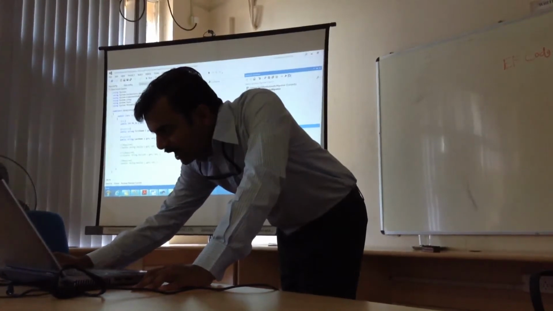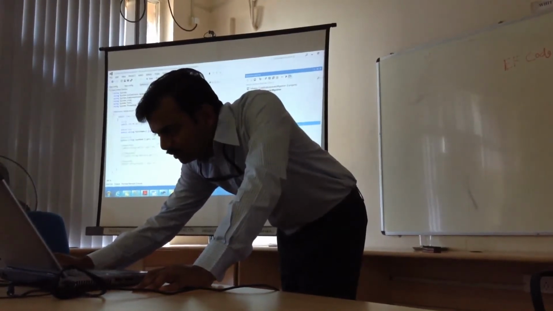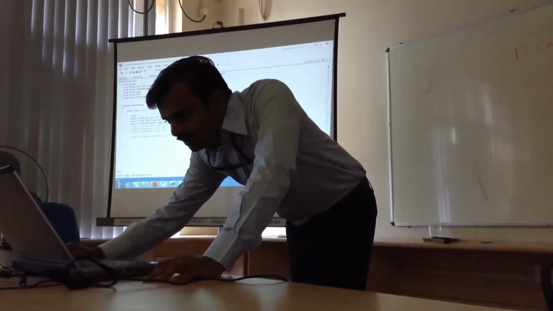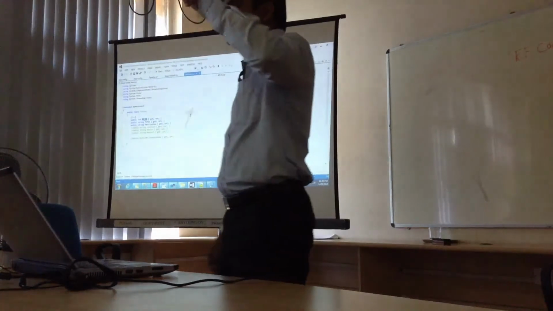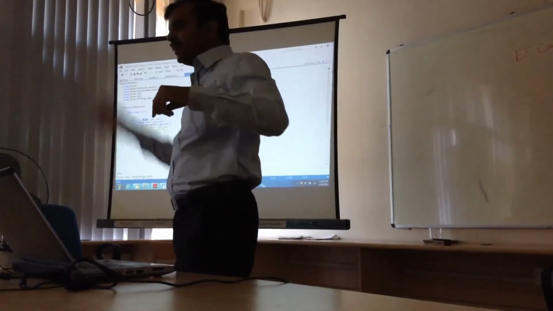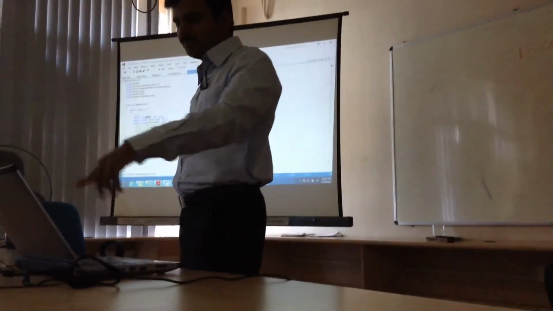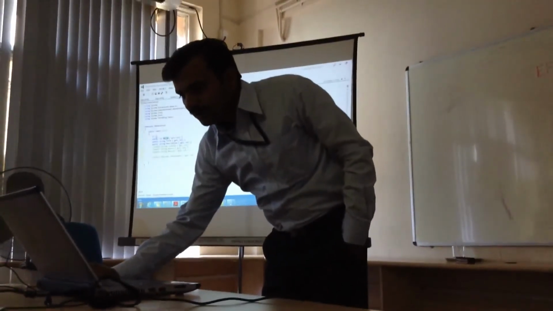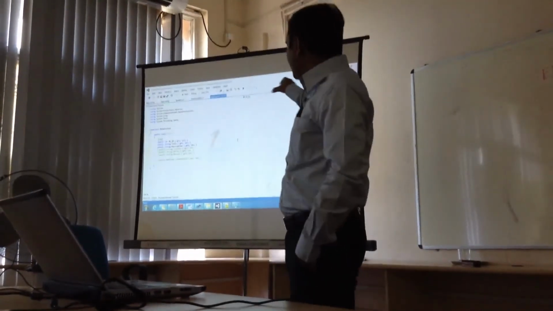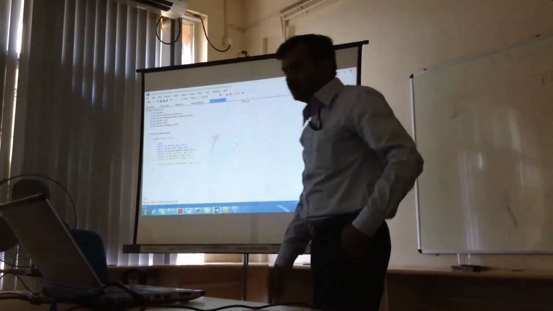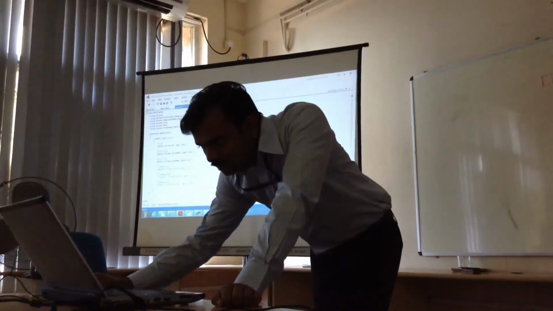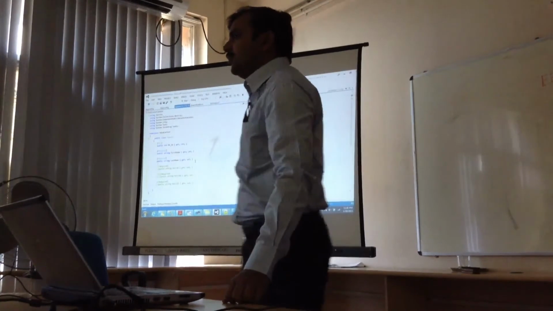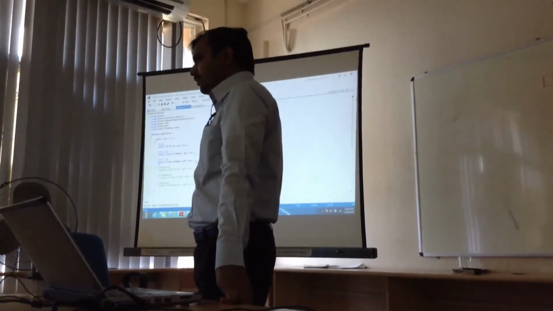In this layer I have created two simple POCO classes, and here I have used some data annotations. I don't like the default ID pattern, like SeminarID, which will automatically create the ID in my database. I want to use PKID as the primary key for my database. So I write Key. Using the data annotation I can tell this is the key for this table. And I can mention Required here so that it will automatically create a not nullable field.